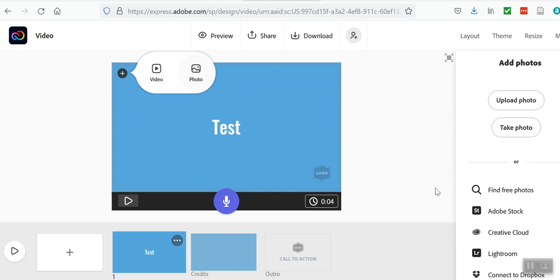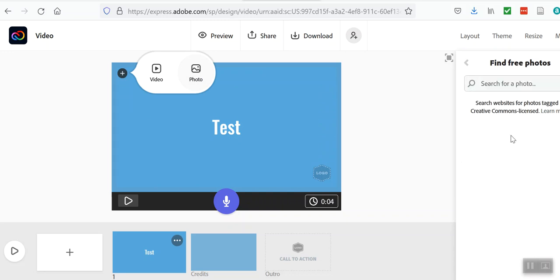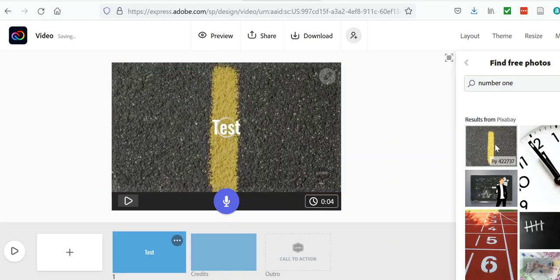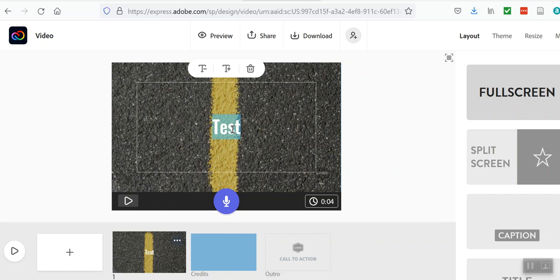So think about what your topic is. So if you're giving out like a weekly reminder, you could do something. I search for free photos. Like say it's the first week. I want to send out a reminder for week 1. So I want to use this number 1. And you see that it inserted into the program. Now I might change